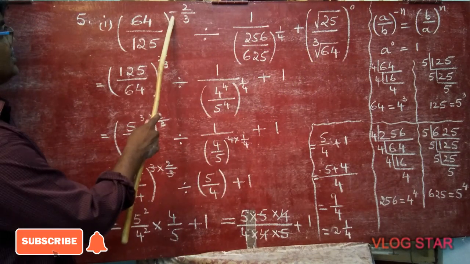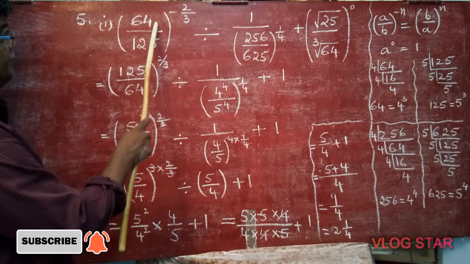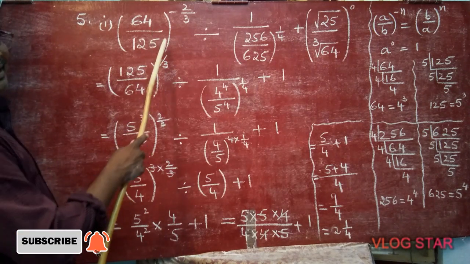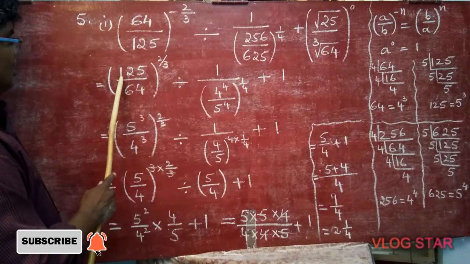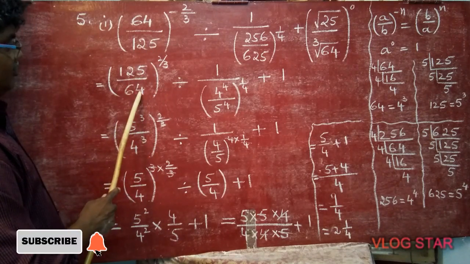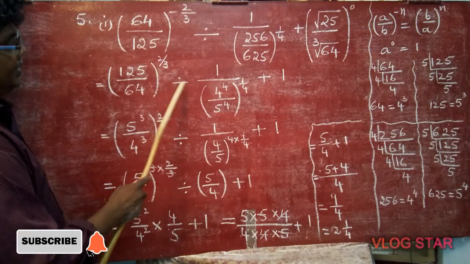Now first negative power change into positive power so that fraction in the bracket becomes reciprocal. 64 by 125 becomes 125 by 64 whole to the power of 3 by 2 became positive, divided by 1 by